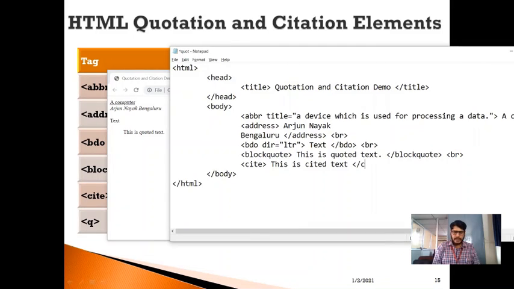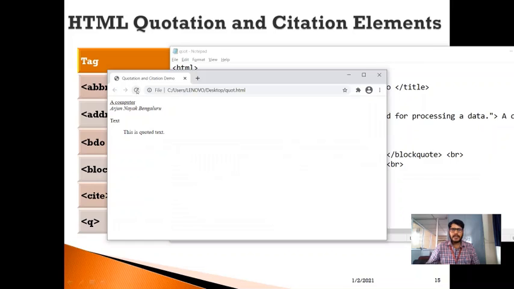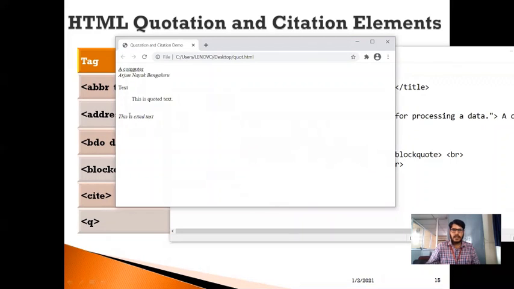Okay, so let me close this cite tag and let me include a BR tag here. So now let me save this, go to the web document and reload this. Now you can see here, this is the cited text. Again, it is looking like italicized text, but it is the cited text we can say.